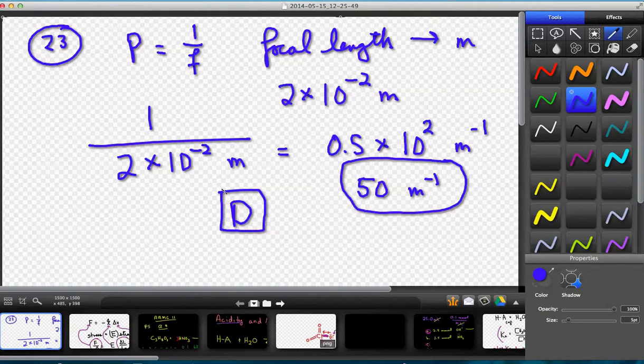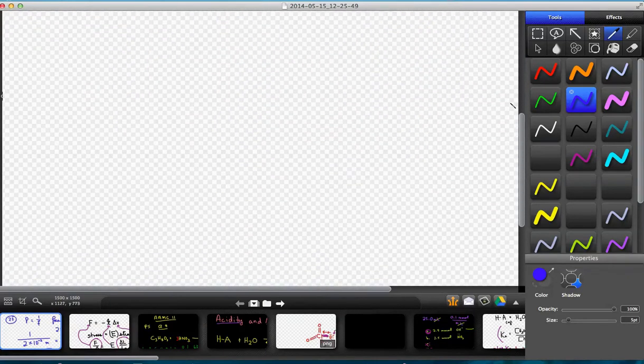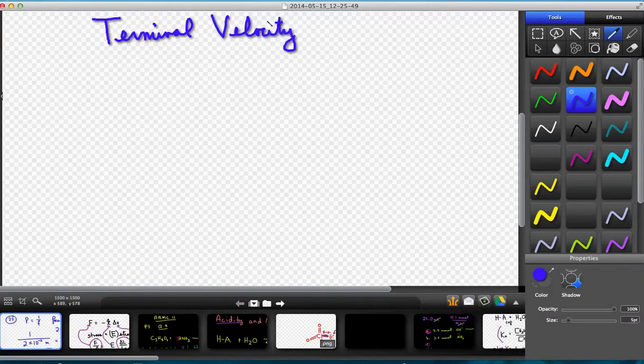Yeah, so this passage is not very MCATable. So I'm talking about passage 4. So passage 4 is all about terminal velocity. I know I'm making it look like this is easy to write on. This is harder than hell, dude. You should have seen it when I first started doing it. Okay, so